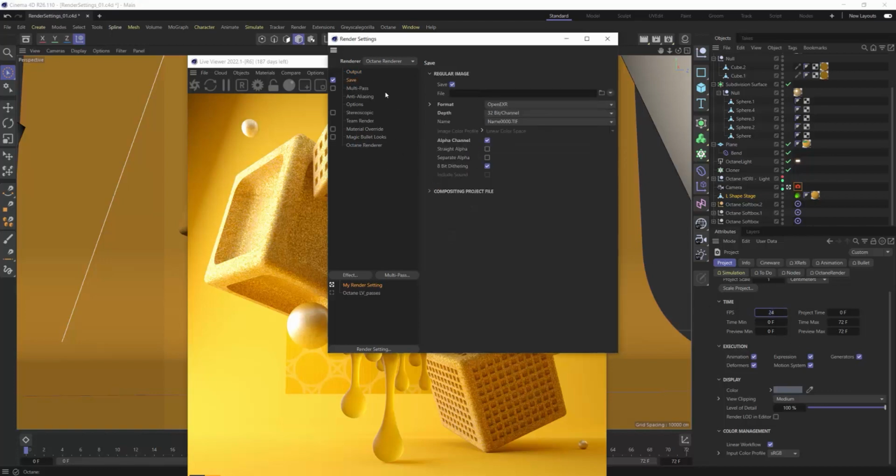And then in our save setting, take a look at the format. I really recommend always using the OpenEXR format at 32-bit depth. Now, I've seen some really awesome tests where artists have shown that PNGs can actually take a little bit longer. If you use anything other than OpenEXR, I would recommend PNG, and this is for a digital format. Obviously, print will be something different. But the PNG sequences can take a lot longer to render than the EXR and can actually end up being a heavier file. And then the 32-bit channel is going to give you so much more flexibility in post if you need to